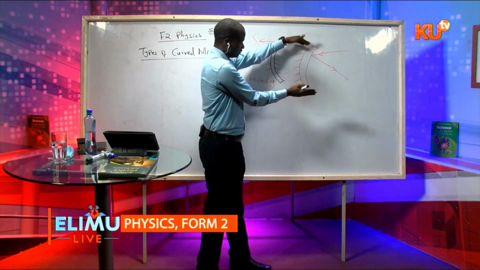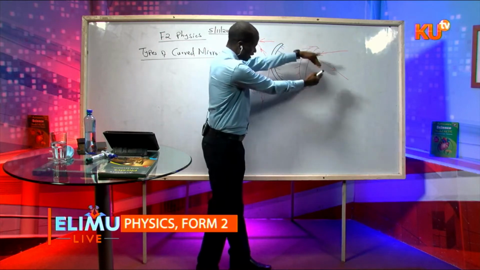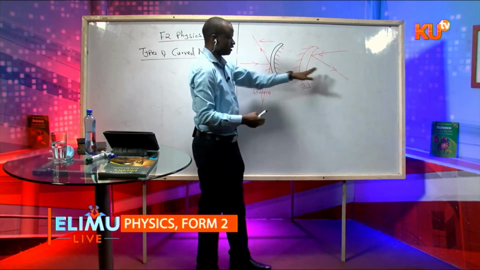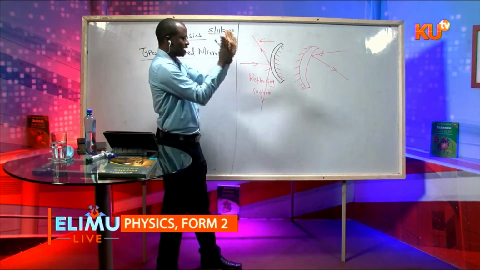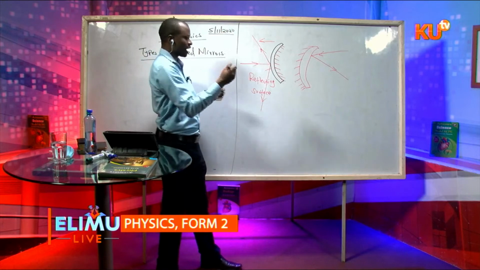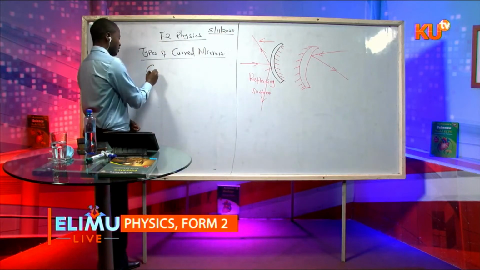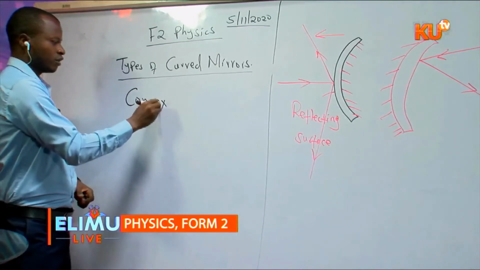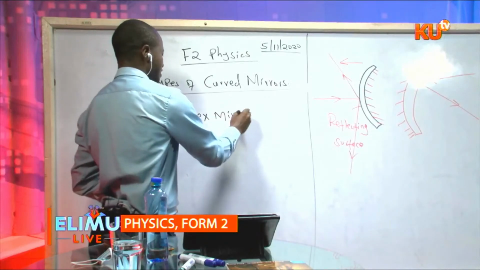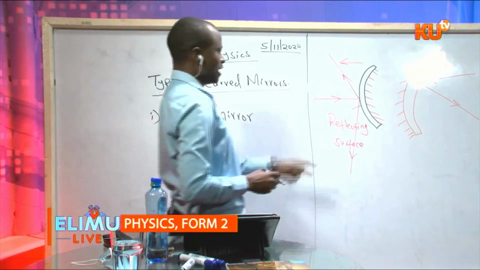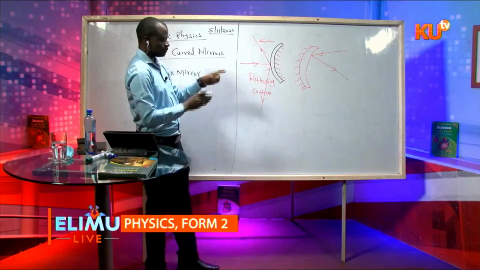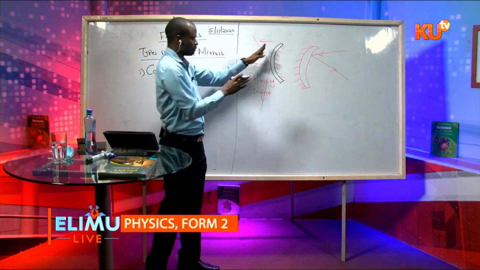So like you can see, it seems to be curving inside. The names are different. For this one, where the reflecting surface bulges outwards, it's called a convex mirror. Convex. So convex mirror, that's the first type. And we have said in a convex mirror, the reflecting surface bulges outwards. Then the opposite of this is called